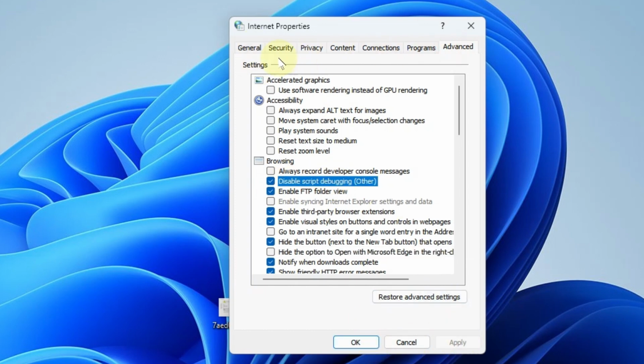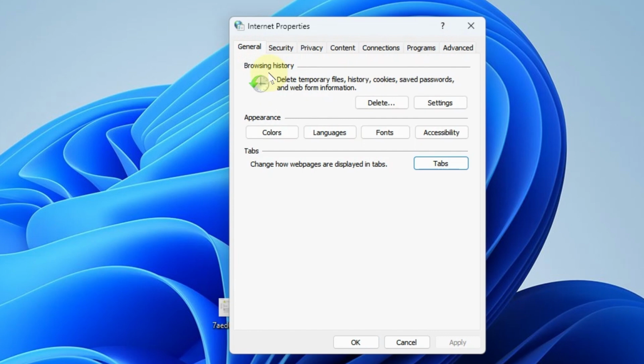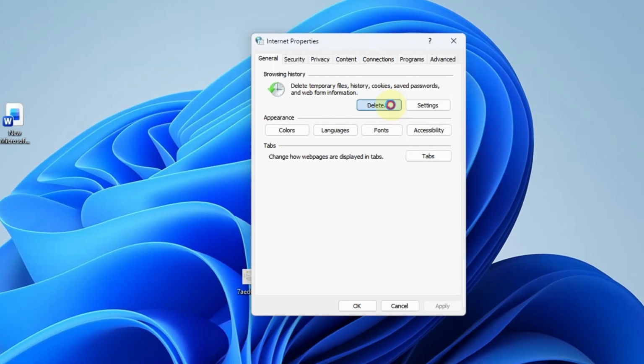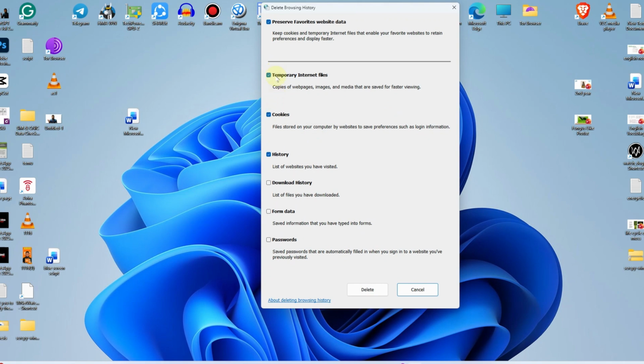OK. After this, click on general and here you will find this browsing history: delete temporary files, history, cookies, saved passwords and web form information. Simply click on delete and here make sure to delete all this data and it will